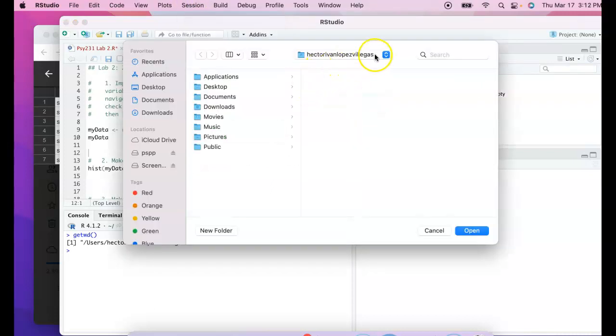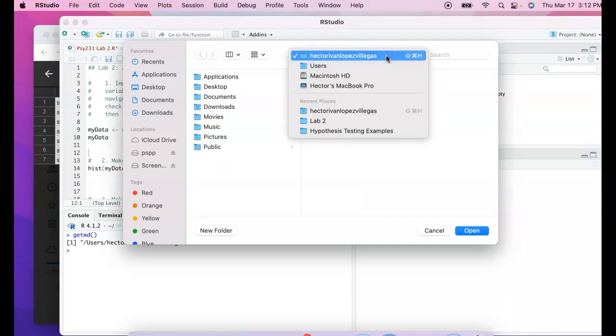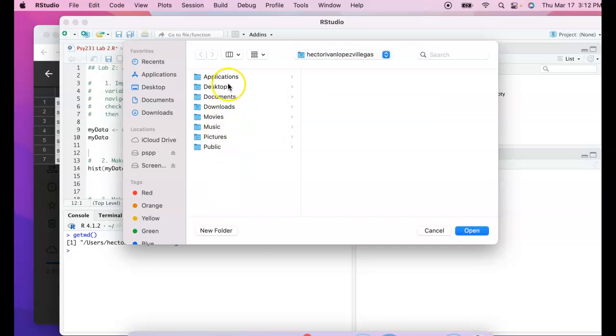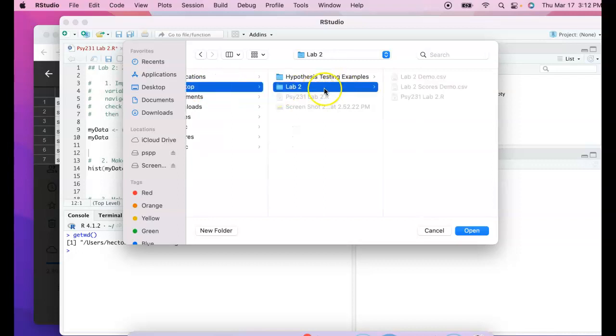Now I'm going to show you exactly where it is. So I'm going to click on desktop because I placed it in the folder called lab2. And as you can see here, it's sort of blurred out, but you can see that we have the lab2 demo, lab2 scores demo.csv file within this directory. So I'm going to hit open,